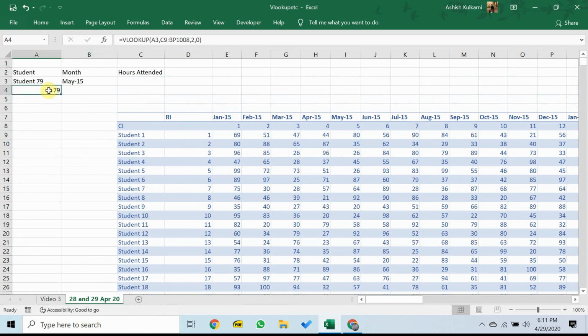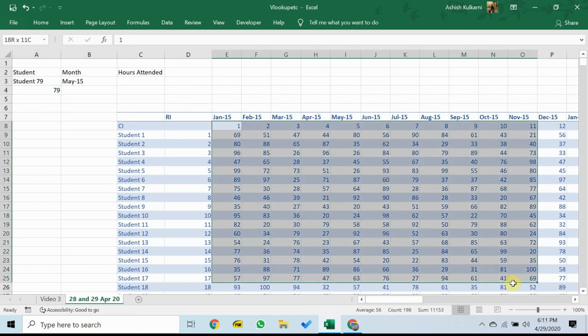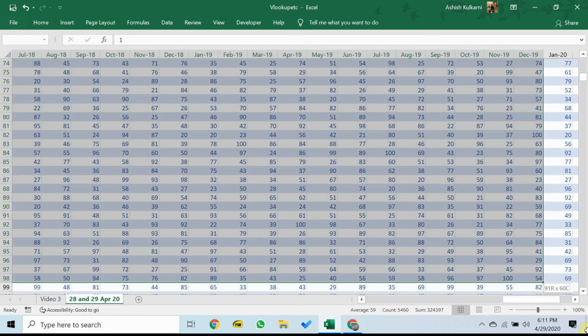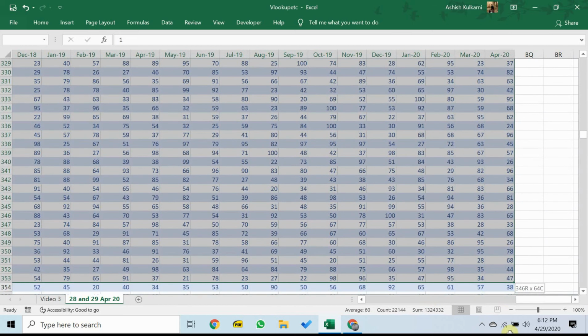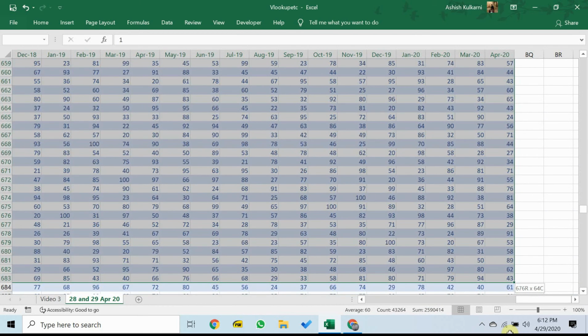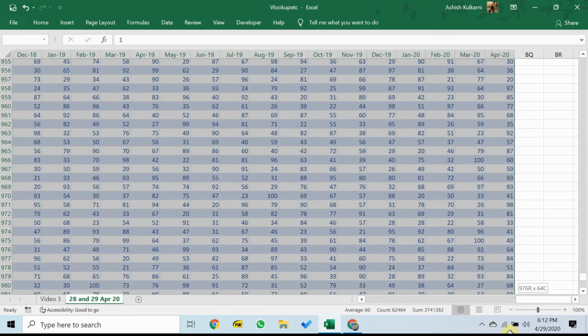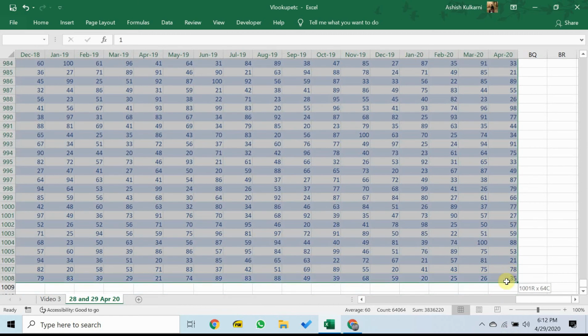Now we also need to do something similar for HLOOKUP. But in this case, what I'm going to do is I'm going to first select the entire table and give it a name so that we can make use of that concept that we spoke about earlier. And I will give this entire thing, the entire range, the name HLOOKUP input.